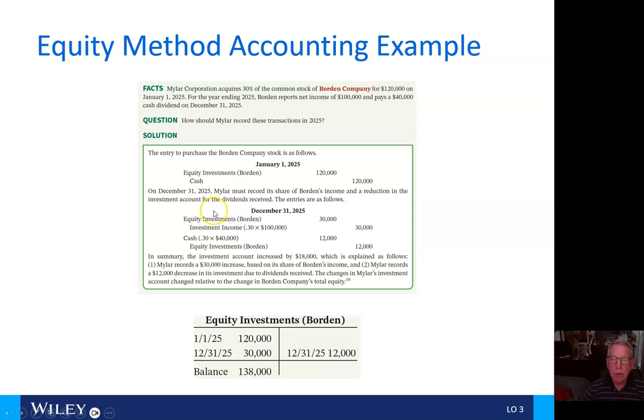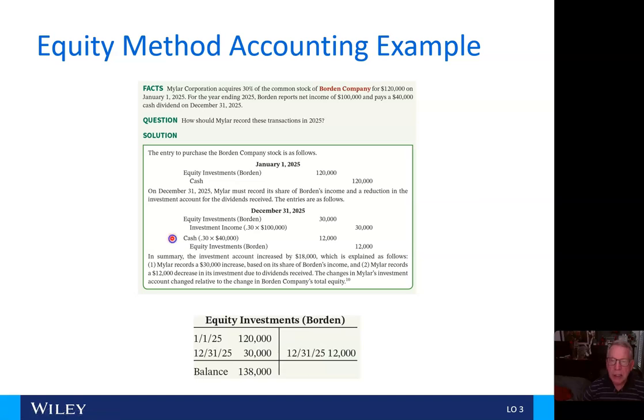The entries are as follows. We're going to debit equity investments in Borden for $30,000 and credit investment income, that's 30% of $100,000, which will be $30,000. Then we're going